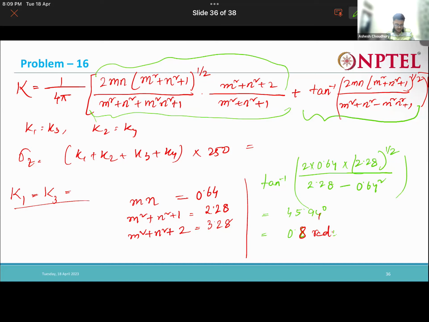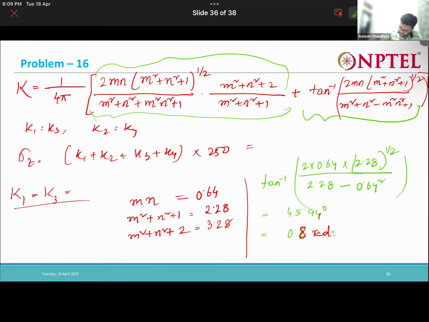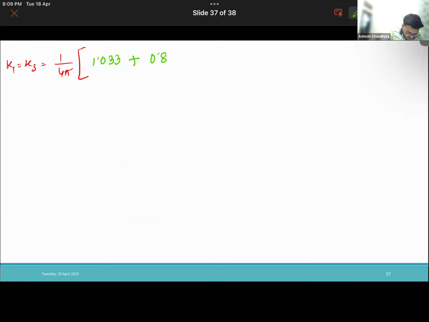Okay, I got what mistake I did. It should be plus 0.64. Yeah, it should be 1.033. Should be 1.033 plus 0.8. So it will be nothing but 1 by 4 pi into 1.033 plus